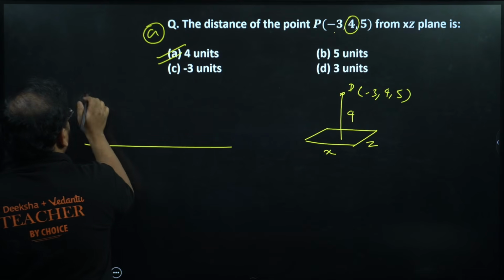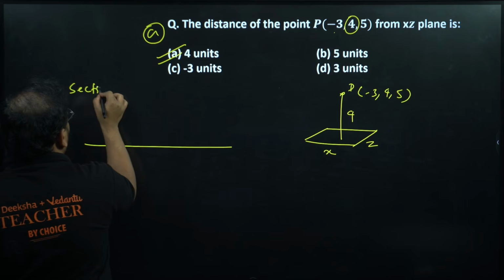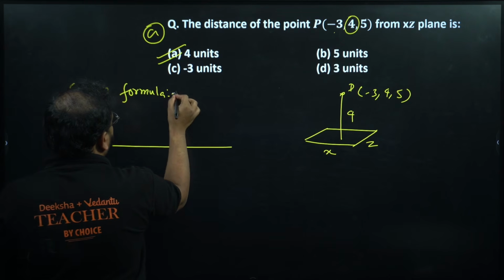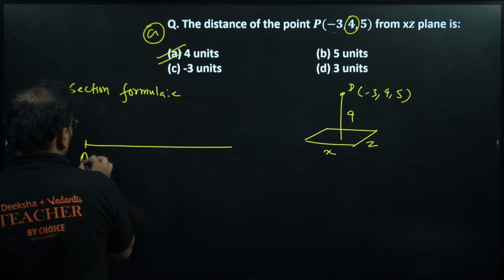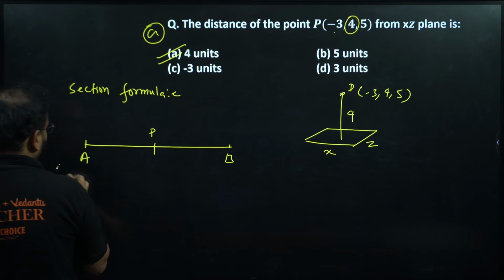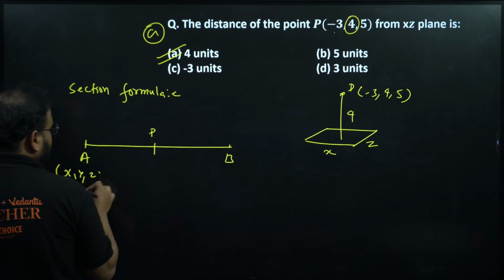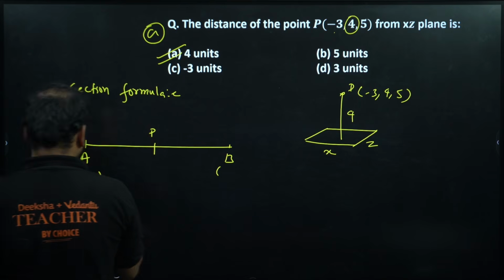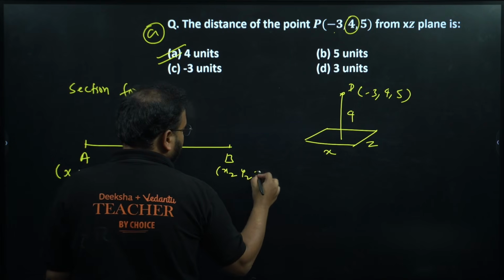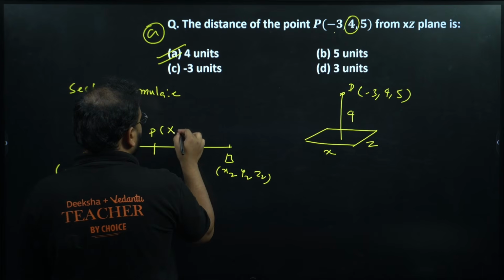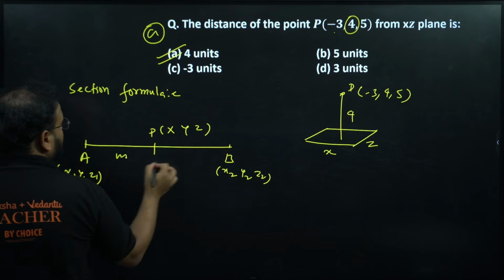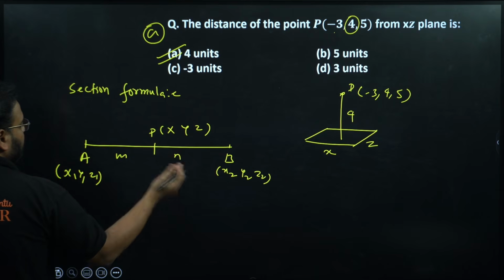Section formula, I don't want to leave that. You'll have the same thing. Let's say this is the point A, this is the point B, and P is over here. Now we talk about three coordinates, x, y, z. Over here, x1, y1, and z1. This is x2, y2, and z2. Point P is x, y, and z. Then it's the same thing. If the ratio of AP to PB is m to n,